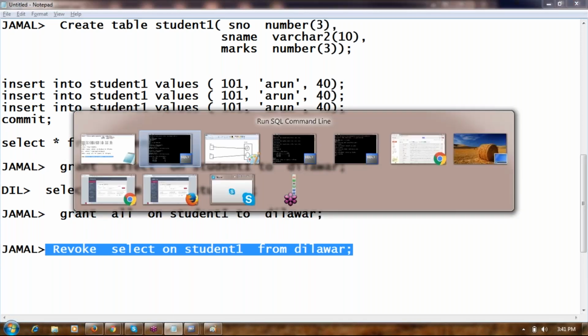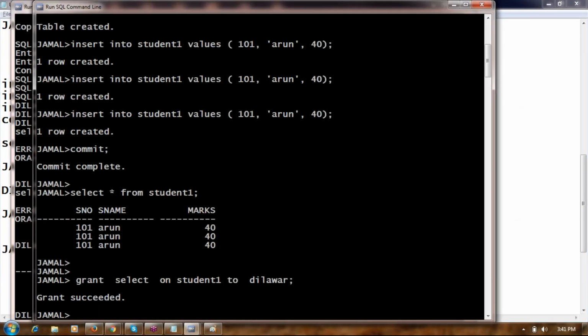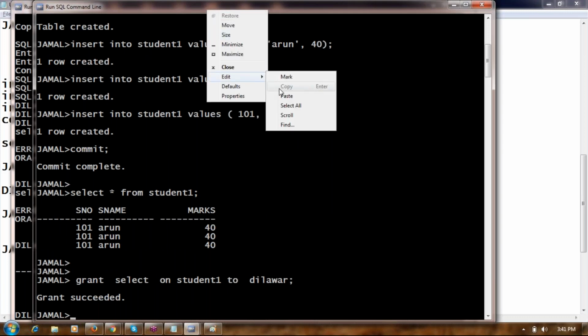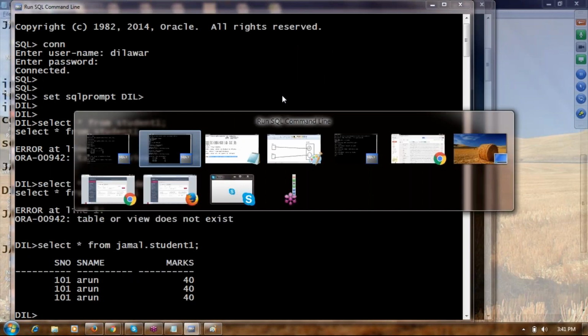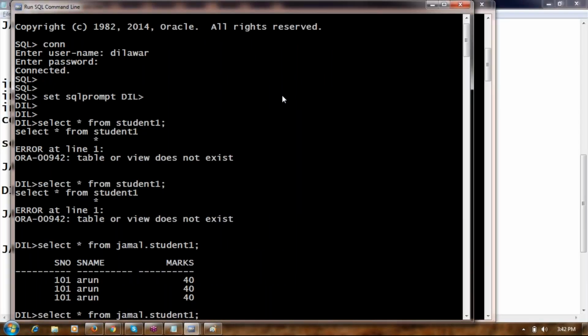Now Jamal wants to get back the permissions which he has granted. The revoke successfully completed. The owner has taken back the privileges. Now select star from Jamal.student1. Do you get the data, Dilawar, now?